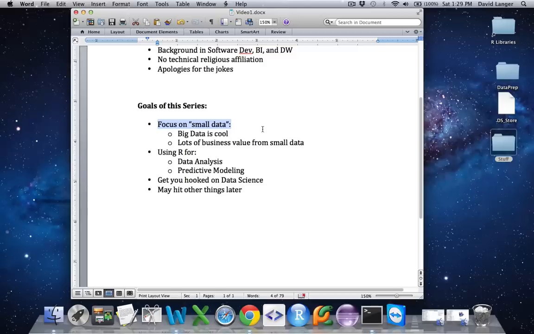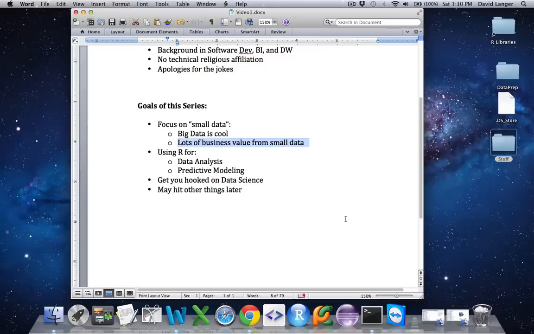For example, I work at Microsoft. So as you might imagine, we have lots of places where there are big data. Azure, Xbox, Bing, and so on. But where I work in the supply chain organization in particular, we don't really have any big data problems. However, that doesn't mean that you don't get lots of business value from doing data science on small data. In fact, I would think that if you look at the Fortune 1000 overall, you're probably likely to get a disproportionate amount of business value from small data, especially compared to the amount of effort you have to put in to get the value out. Big data problems tend to be more difficult, quite frankly, so small data may be a bigger bang for your buck.